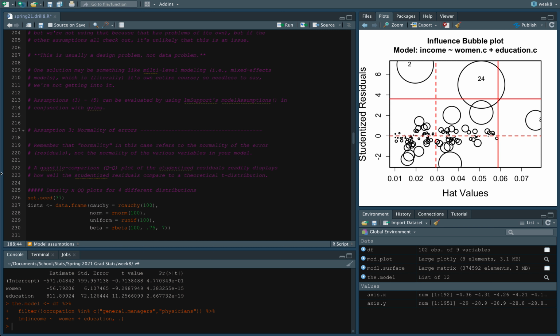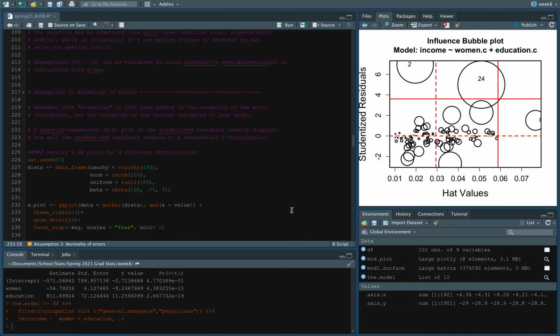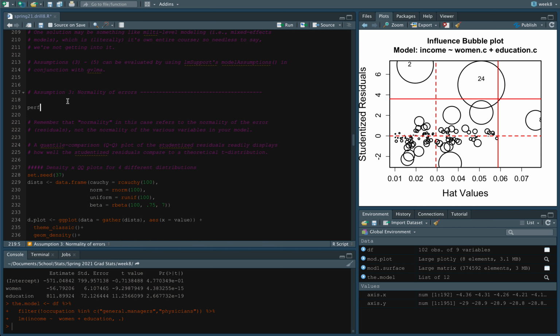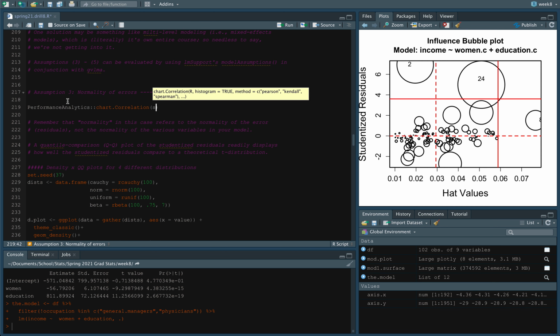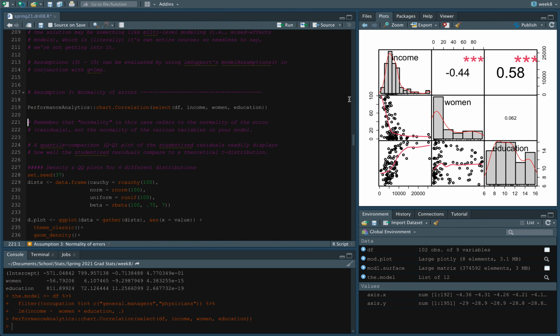When we look at normality, it's important to remember this is the number one thing that I hear people messing up, when they want to look at something and say, oh, well, I looked at my distribution of women in the field. So let's, in fact, say if we look at performance analytics chart correlation,